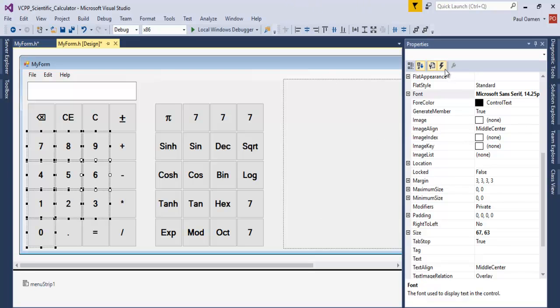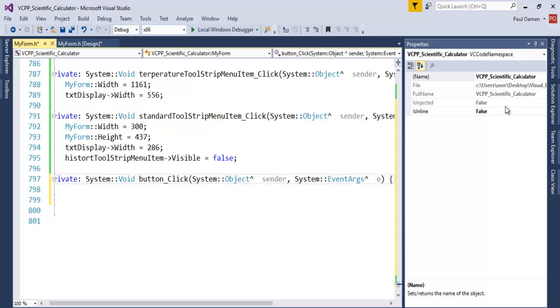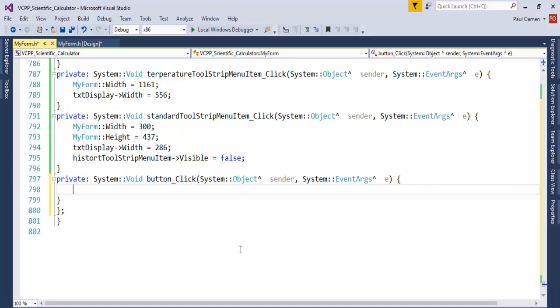So come right here, that's it, event. Select that and go to the click event there. So I'm just going to call that button, maybe lowercase, button underscore click. There. I will now enter some lines of code that will identify all of the content on those buttons. So I'll start by creating an object there. So let's say